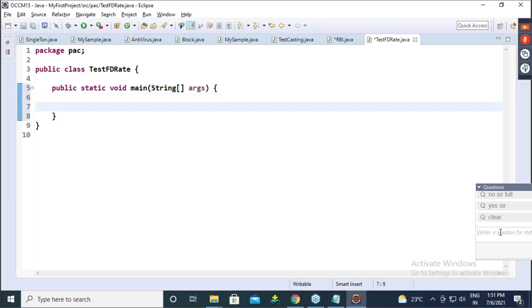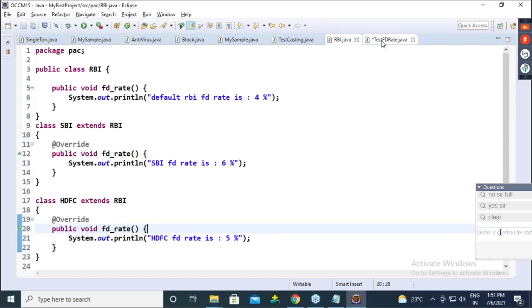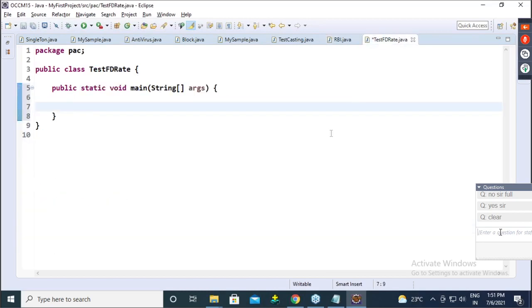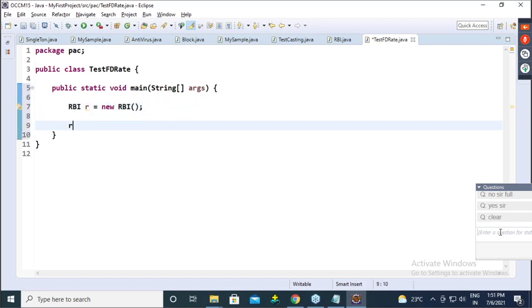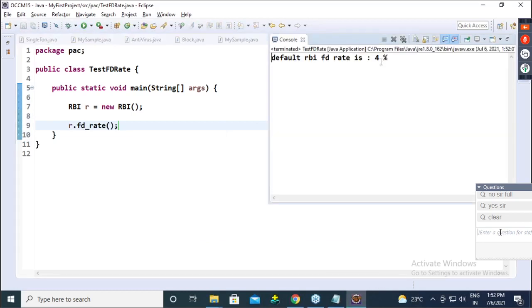Technically, if we want RBI, then here we have to give RBI r equals new RBI, and we will get r.FDRate. Now, if I run this, we will get the default RBI FD rate, that is 4%.